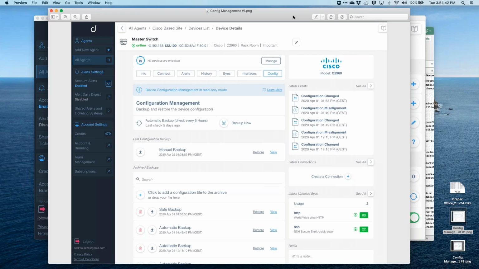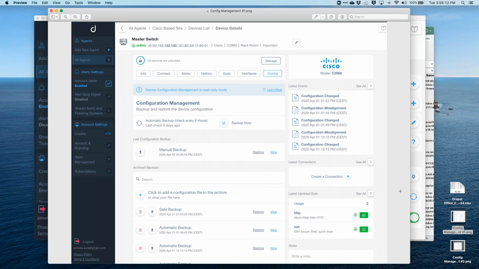We are basically creating a sort of configuration management and versioning for network devices. We have started with the Cisco iOS devices, and soon, in a couple of weeks, we will also have the SG series. And what we basically do, once we realize that there is a Cisco iOS device, like the Catalyst C2960 in this example, on the network, we try to connect to the device,